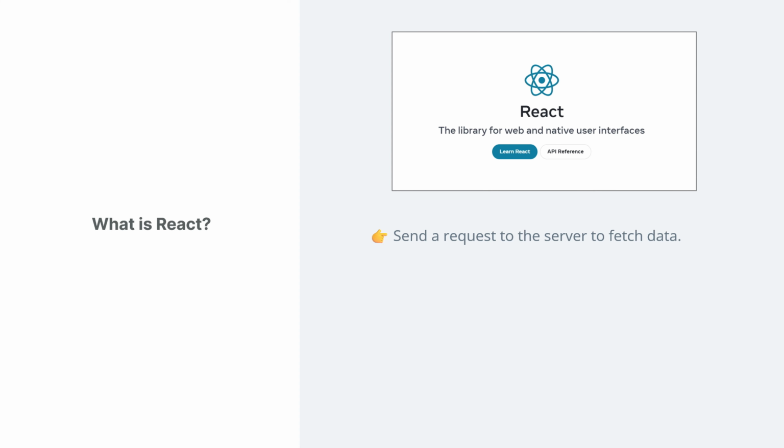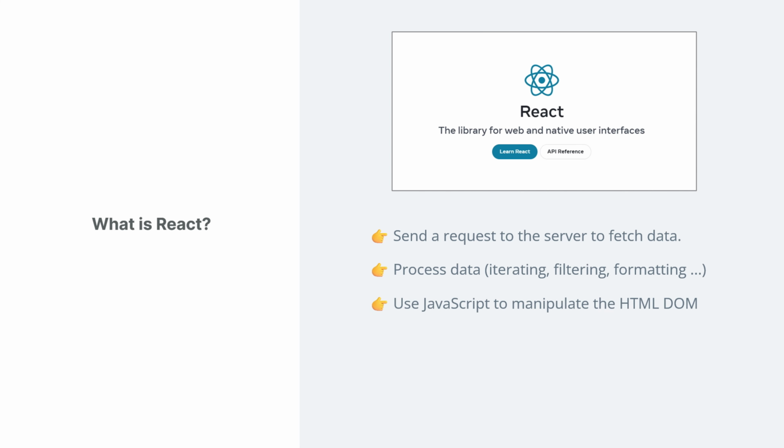2. Once the data is returned, it might not be ready for direct use. You'll need to process it. This involves things like iterating over the data, filtering, formatting, and so on. Right? 3. Finally, we can use JavaScript to manipulate the HTML DOM to display the processed data in the designated